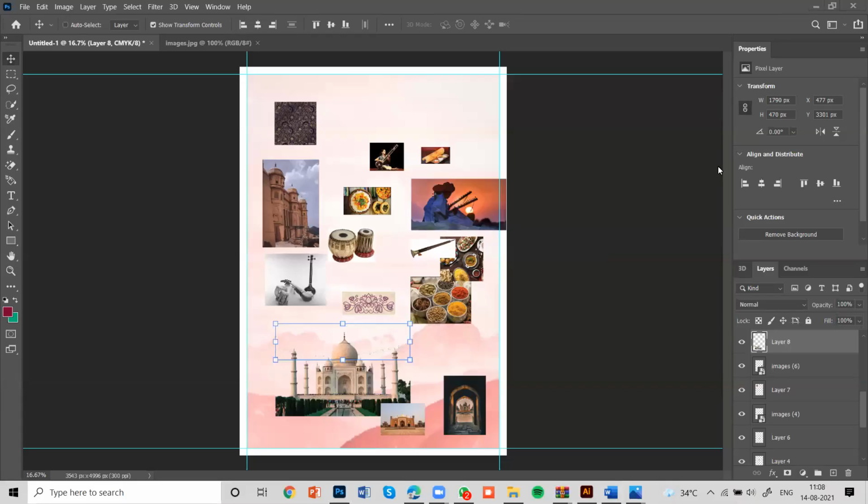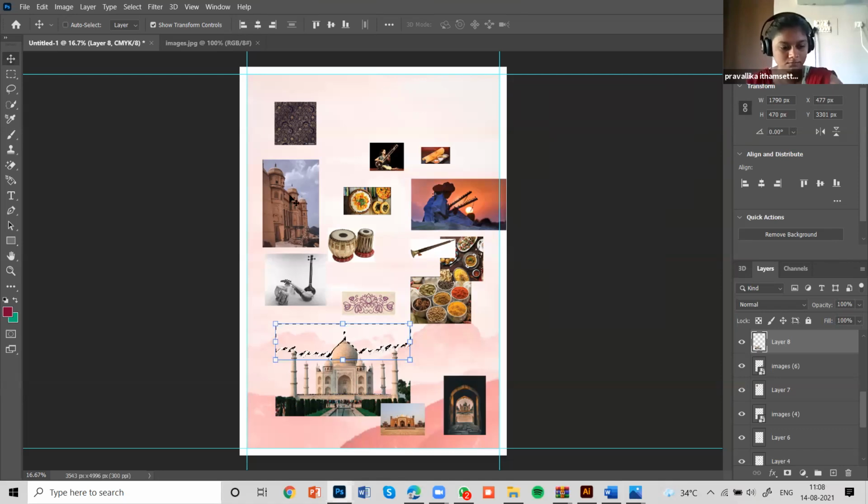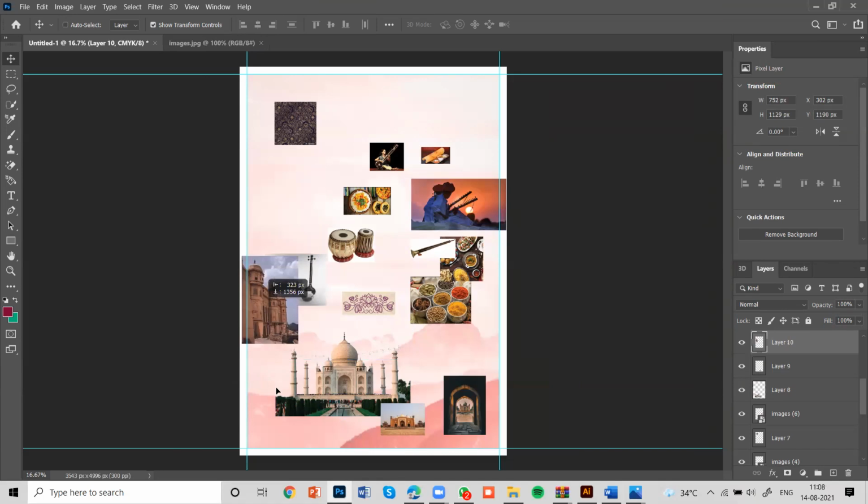Yeah, it's visible. Right. You can turn off your screen and you can go ahead with your design. Thank you.